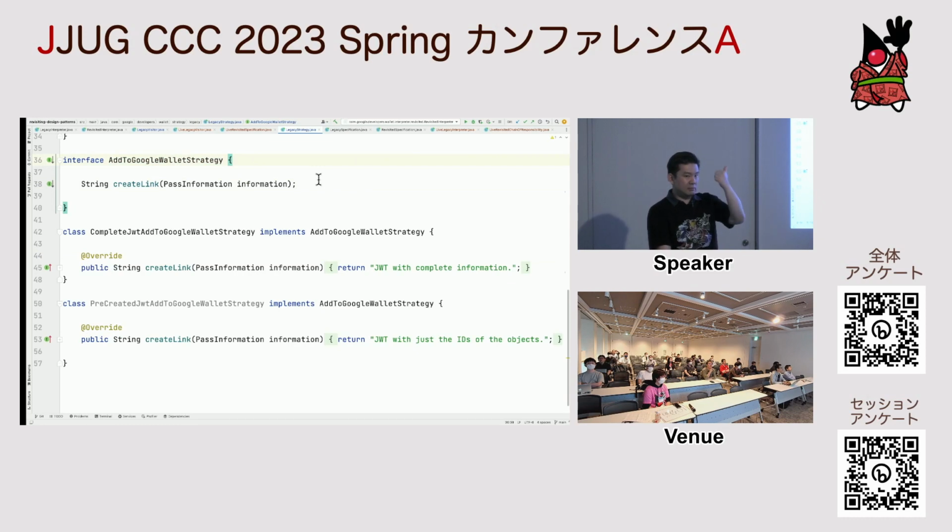Is it good in the back? Can you see? 後ろの方で大丈夫です。